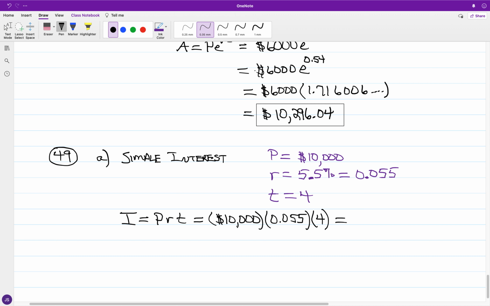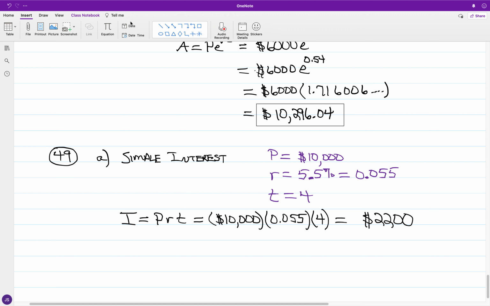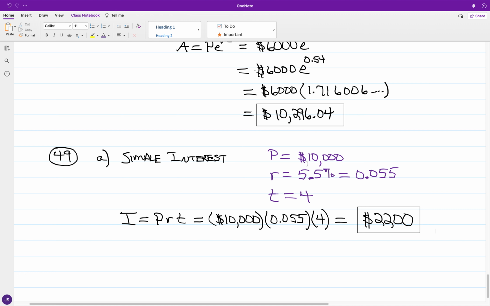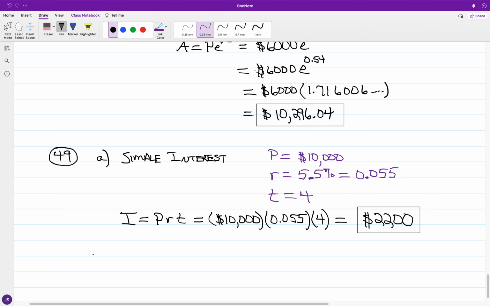So if I multiply P, R, and T as they are laid out, it turns out that the amount of interest is going to be exactly $2,200. So that's 5.5% simple interest for 4 years. The only thing here is just I is equal to PRT, and you don't even apply the compound interest formula. Now,